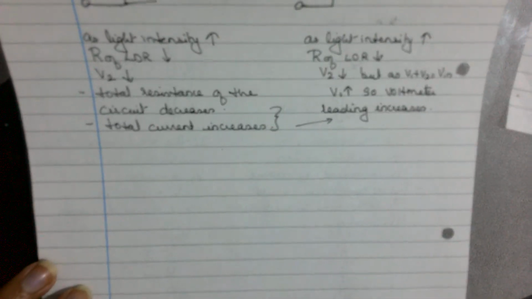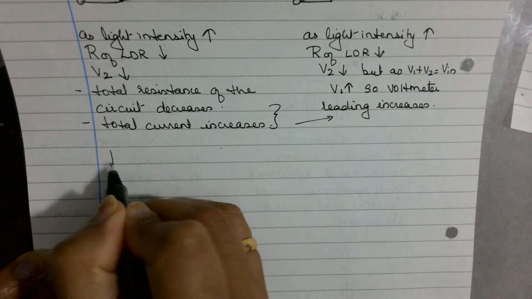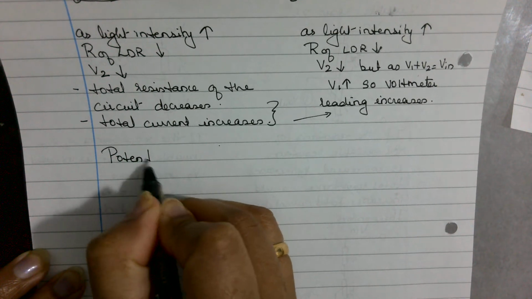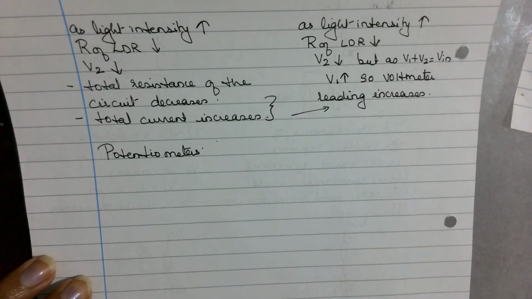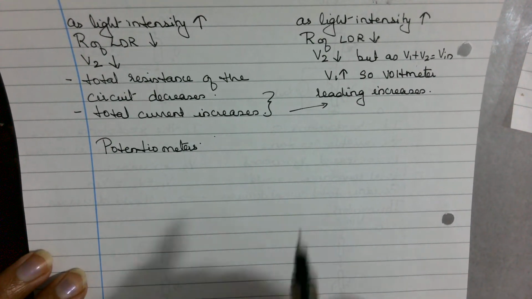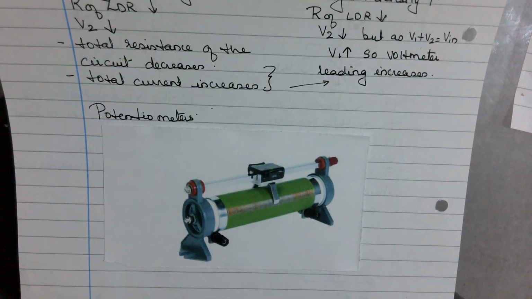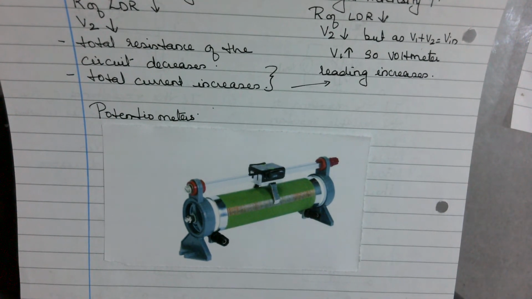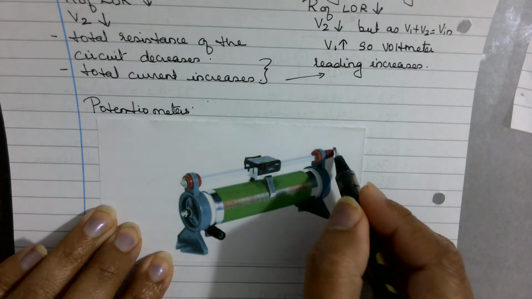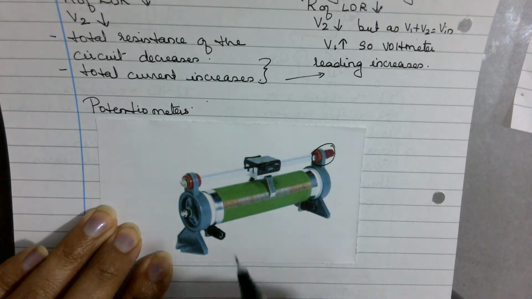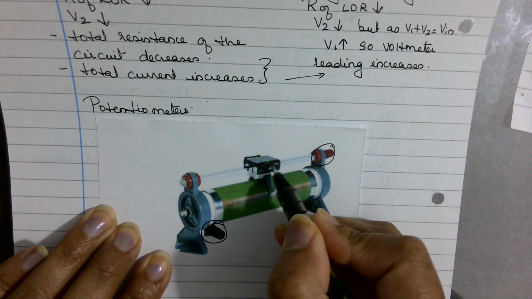Now, always having these 2 resistors, connecting them together is difficult. So in the lab, we use something called potentiometers. So all of you have used these potentiometers. Okay, so how they look like is, I'm going to show you. So this is what a potentiometer looks like, or a rheostat looks like more correctly. What you can see here is one terminal, and this one is the other terminal. So say current enters, then through this route,